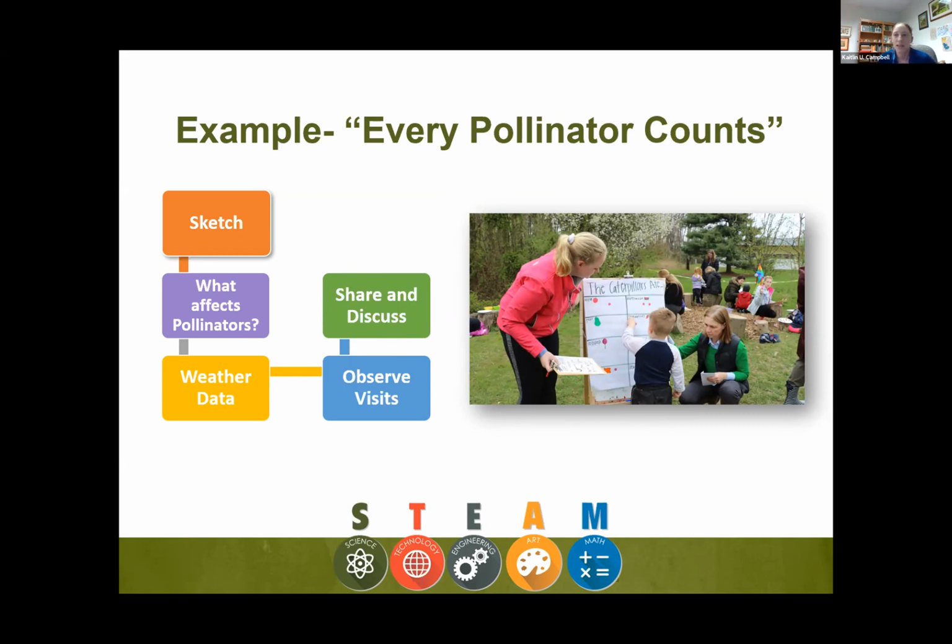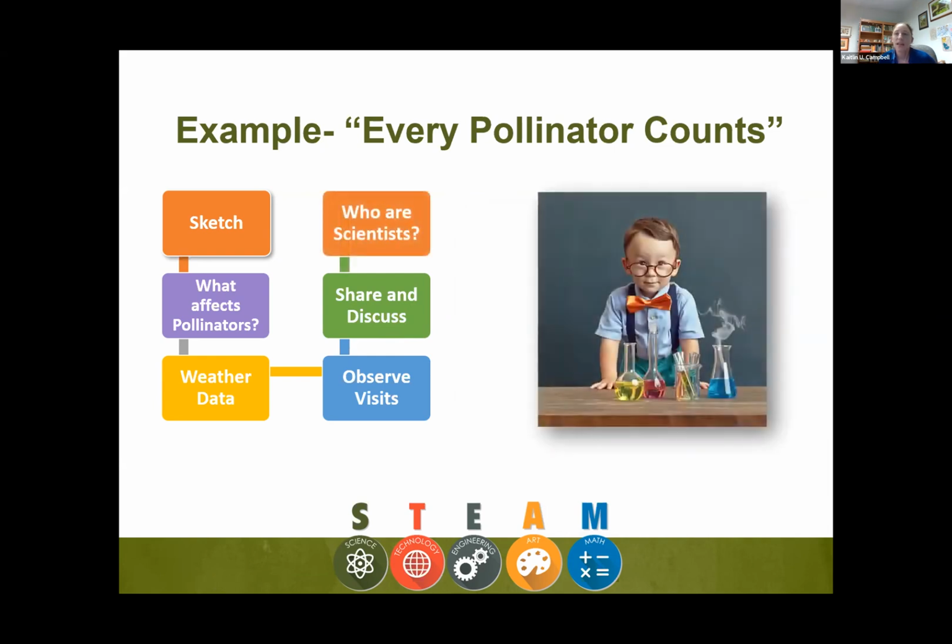Who are scientists? And when kids think about scientists, what do you think that they're thinking? They're probably imagining somebody in a lab coat, right? Some little nerdy person. But we all know that scientists are actually really cool people, and they're not all in the lab. And in fact, the point at the end of this that I want them to get out is that they themselves were scientists. And scientists are diverse people. They're all genders and they're all different colors, and scientists can do things outside or inside. So I think that is a piece that I really hope to get across at the very end.